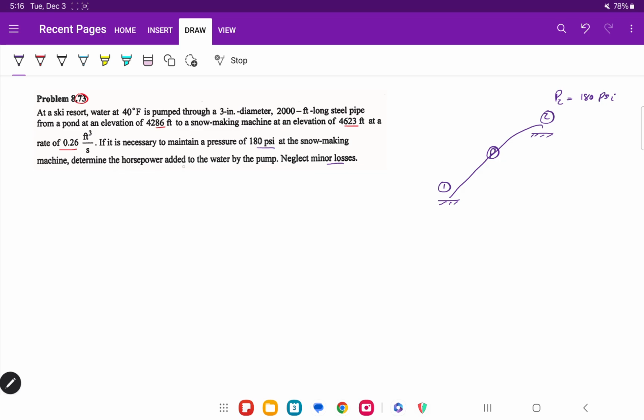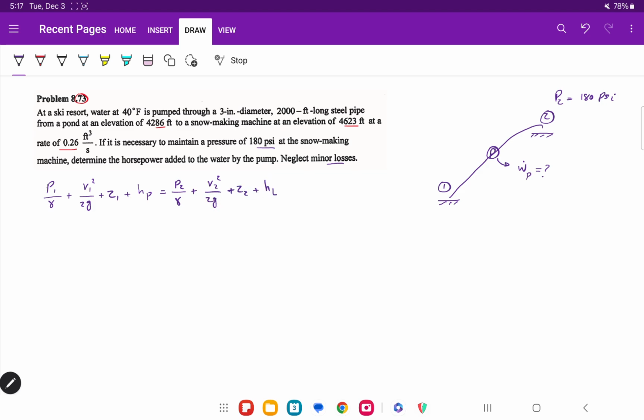Determine the horsepower added to water by the pump. So we should find W dot of the pump, the net power of the pump. So it's not difficult. As you know, we should use the energy equation: P1 over gamma plus V1 square over 2G plus Z1 plus HP. Here we have a pump in between, equals P2 over gamma plus V2 square over 2G plus Z2 plus head